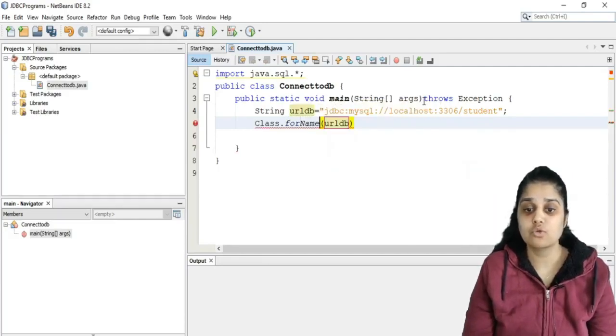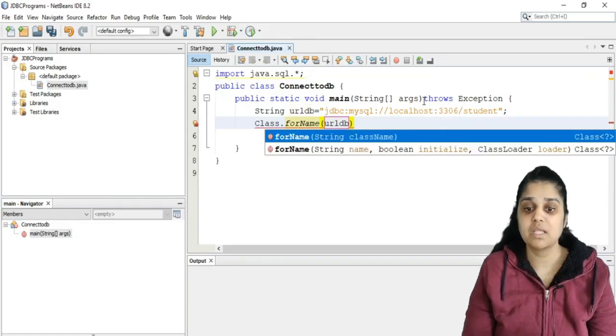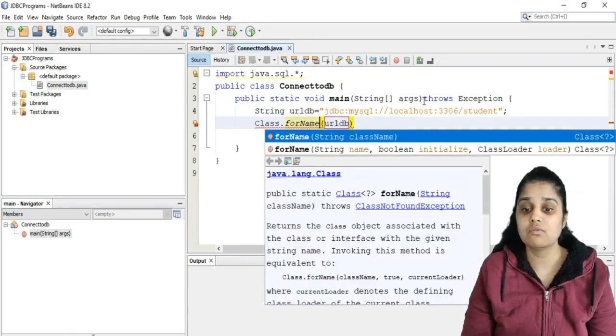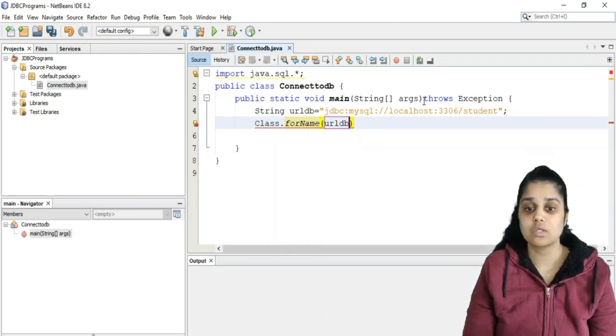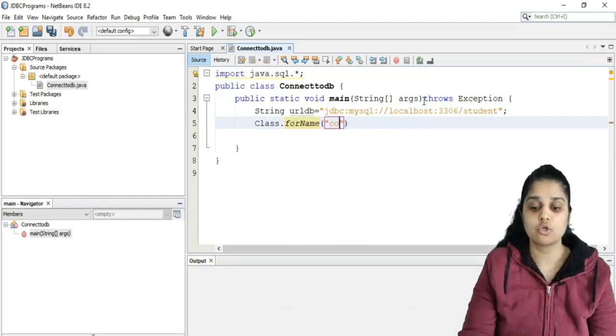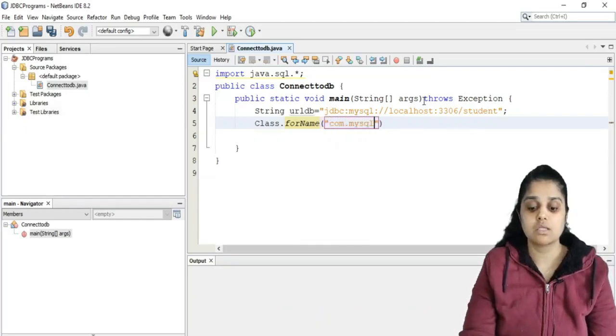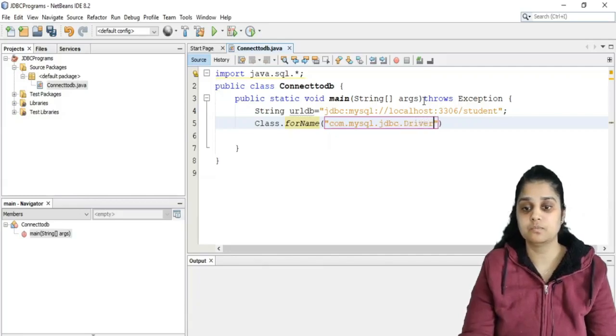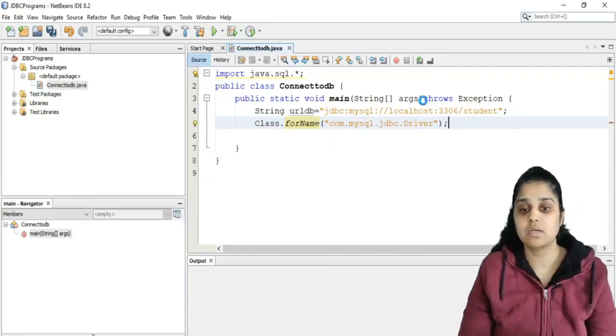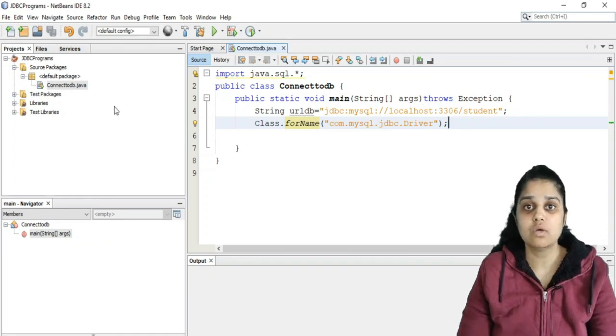So you are going to use the forName method, where you give the name or the string of the class that is being registered. So the class is by default com.mysql.jdbc.Driver.